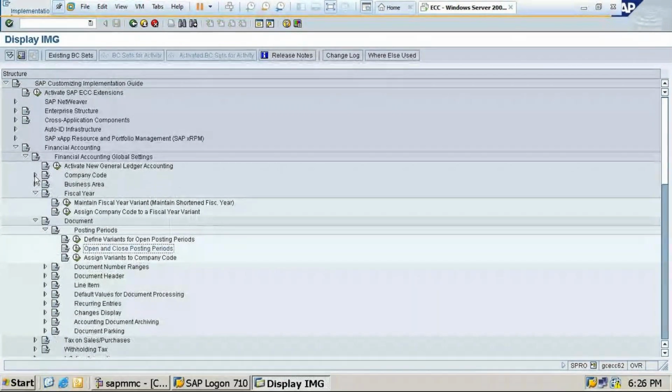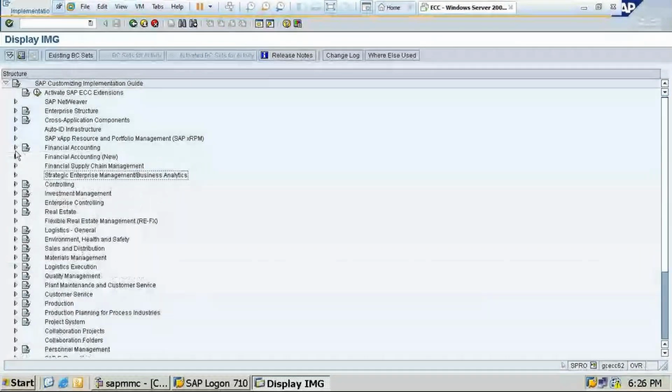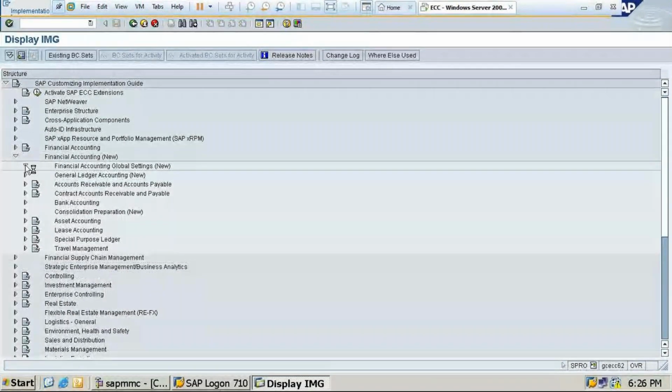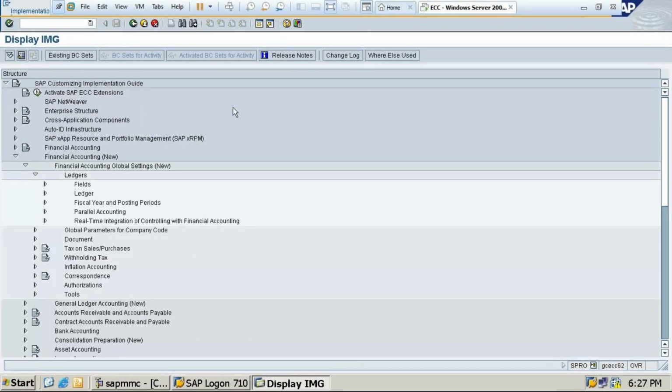One second. Students, next one is financial accounting field status. We'll do posting period detail, but after fiscal year, you need to create this one, the field status variant. Financial accounting, global settings, ledger, field status variant.